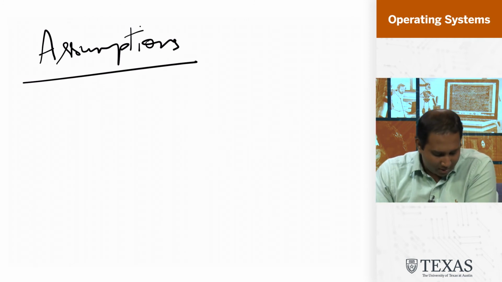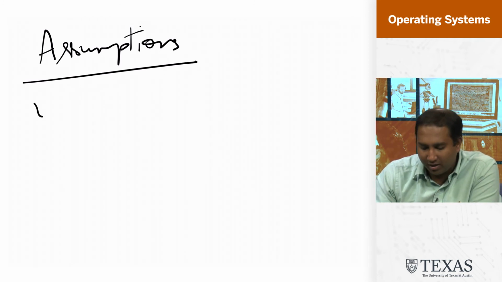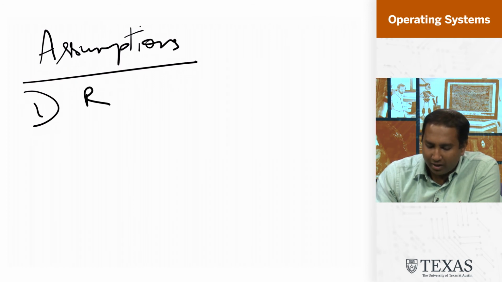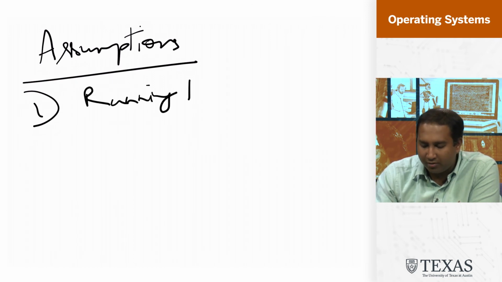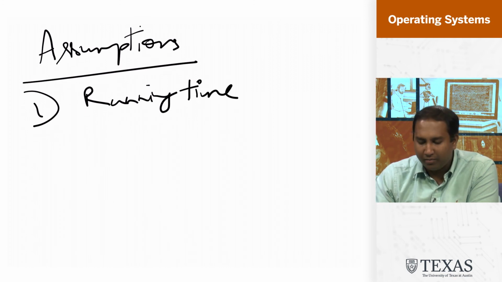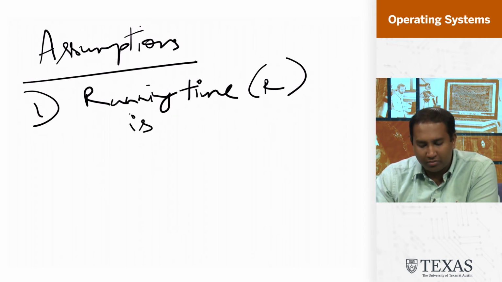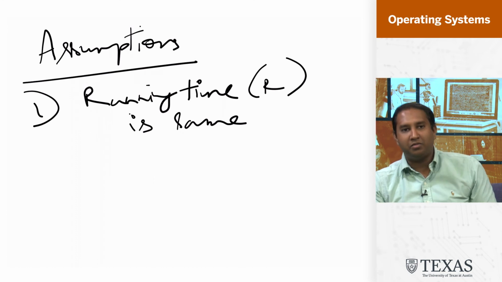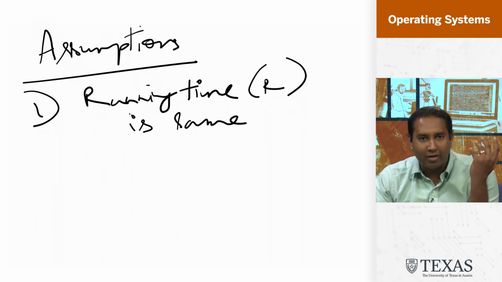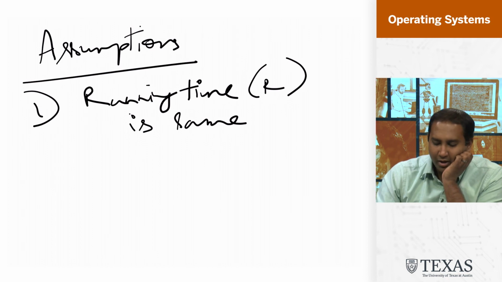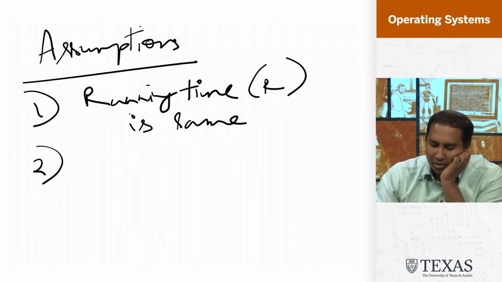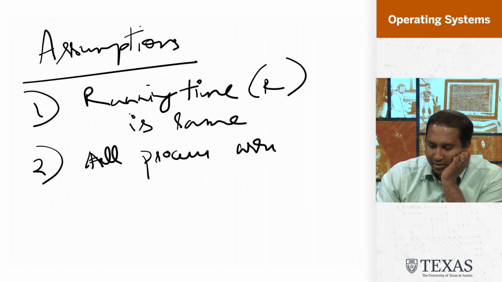One assumption that we're going to make initially, at least, is that your running time, so your process needs to run, let's say, for 5 seconds, we call that the running time, let's just call it R, is the same for all processes. It's not a very realistic assumption. Different tasks need to execute for different amounts of time, but let's go with this, right? So we're assuming that the running time is the same for all the processes, and we're also assuming that all processes arrive at the same time.